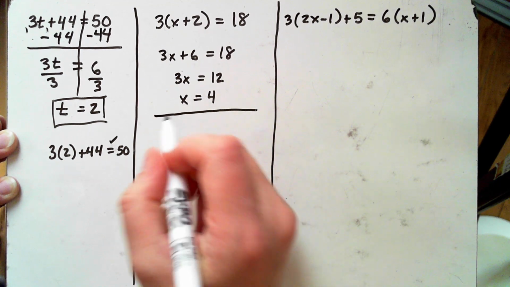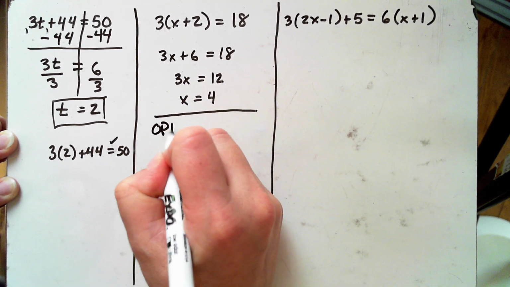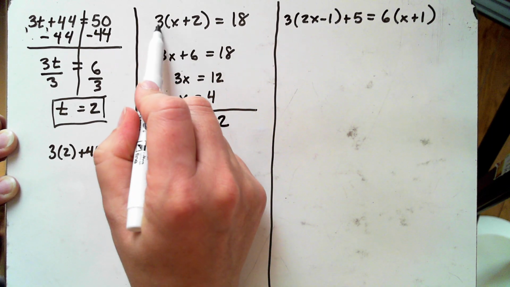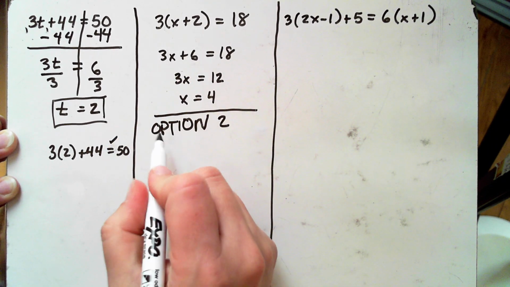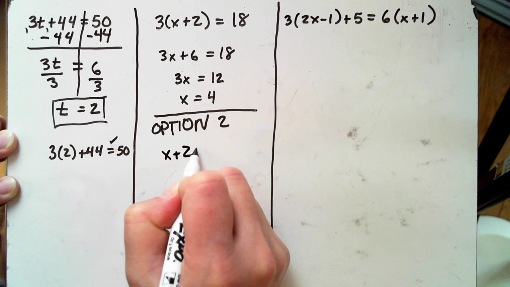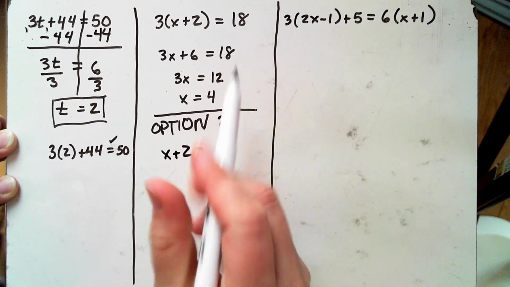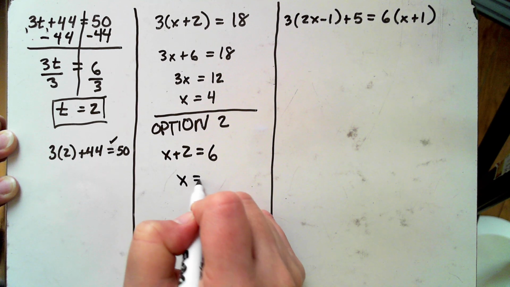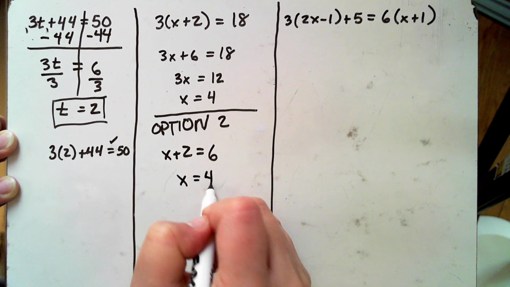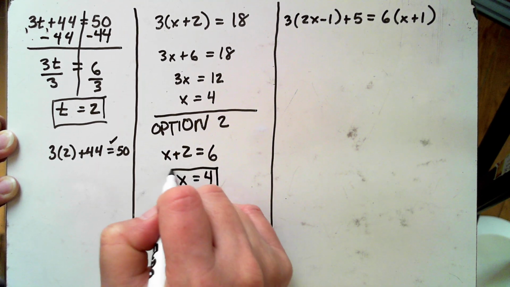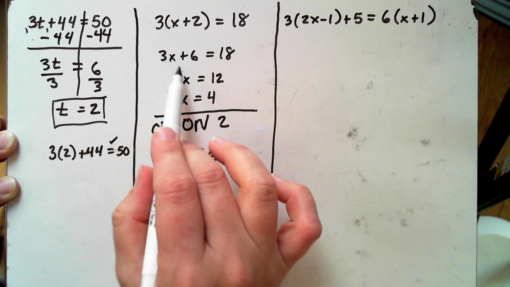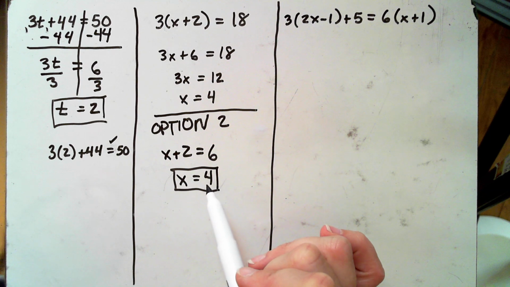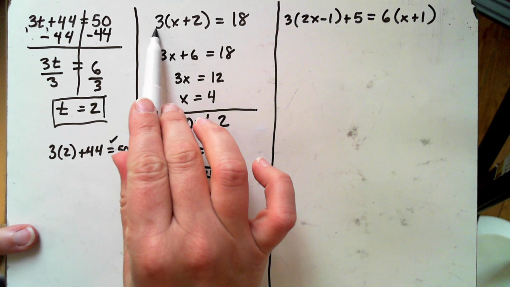But option 2 is that we can divide by 3 on both sides to get x plus 2. And 18 divided by 3 is 6. And then I can simply just subtract the 2. A lot of times that makes my life a lot easier because you're skipping 2 whole steps. So it does make your life easier if you think to do that